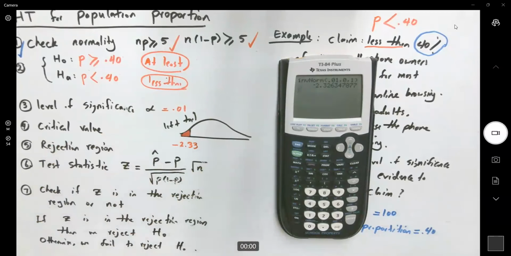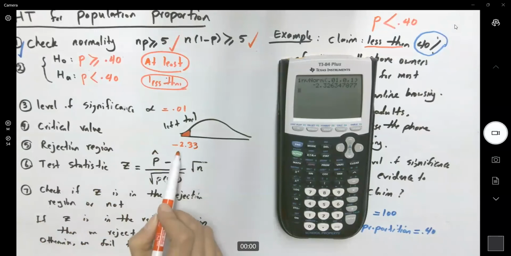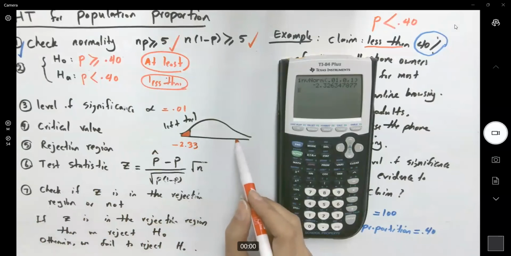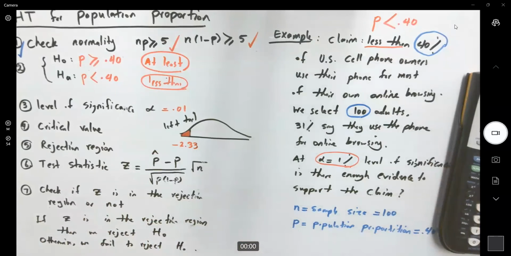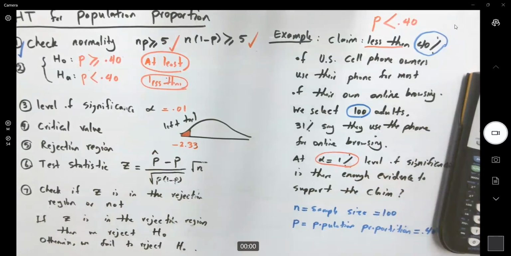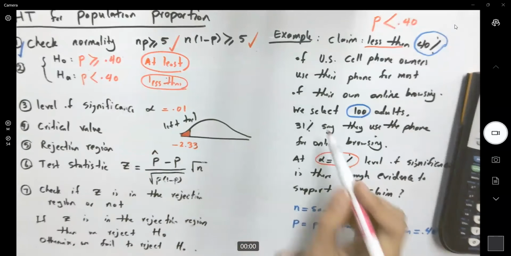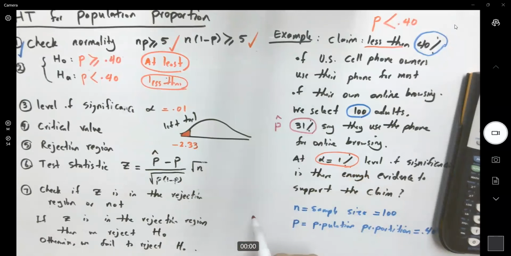In the next step, we're going to find that the test statistic, the rejection region, and the critical values are given to us. And here it's on the left-hand side. If you have a right-tailed graph, it must be positive. So for now, just keep these as they are. What is p hat? Well, let us find p hat. P hat says, hey, I have 31%. So this is my p hat. P hat is 31%. Let's plug those in